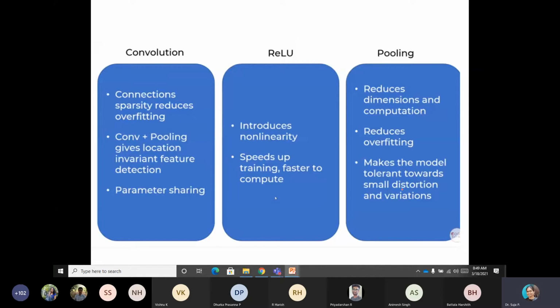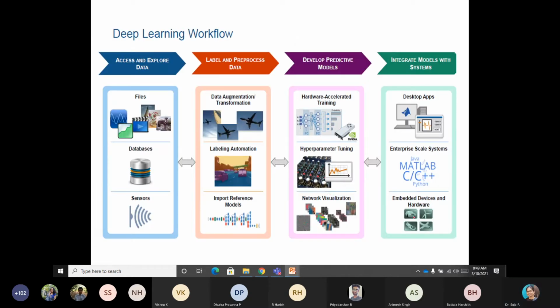So information which has more weightage, that is necessary for classification or pattern recognition, is only moving forward. The information which is not required or which has less contribution will not be moving to the next level. So that is what happens here.